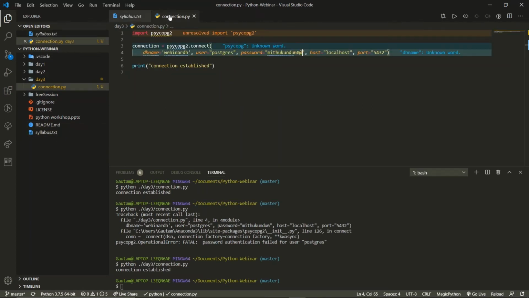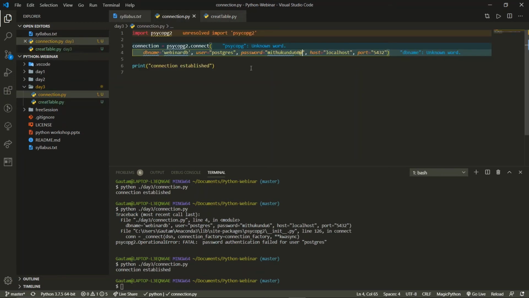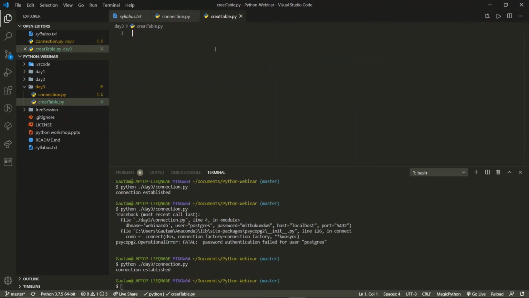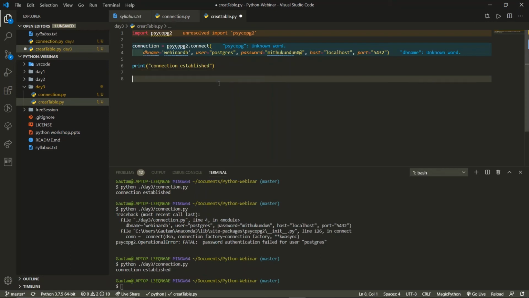So now we'll come over here and create another file, create table.py. As we have done the connection part, we'll copy it from here and paste it over here. After this, our next step is to create a cursor.